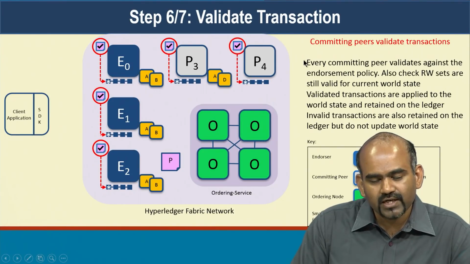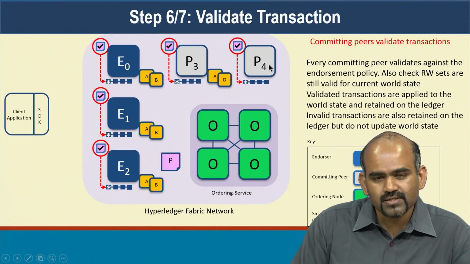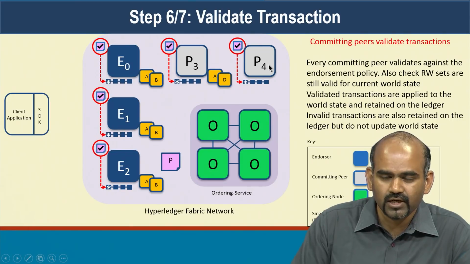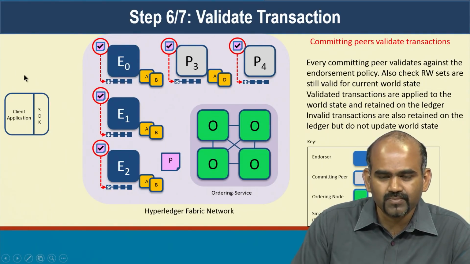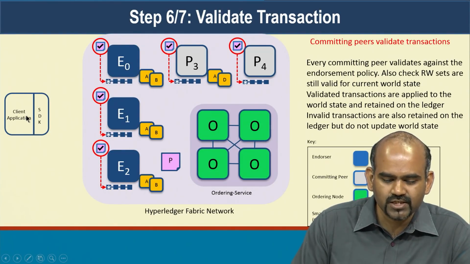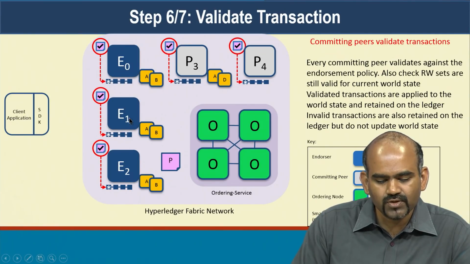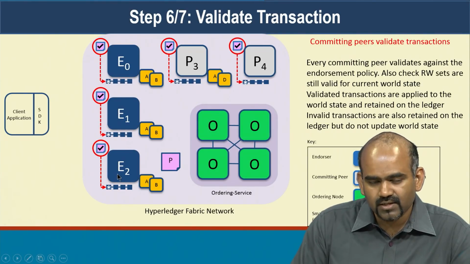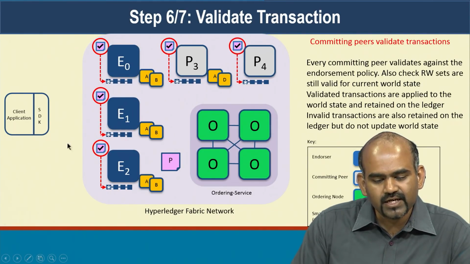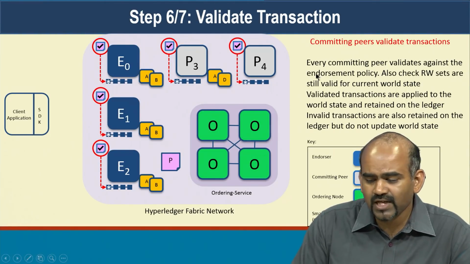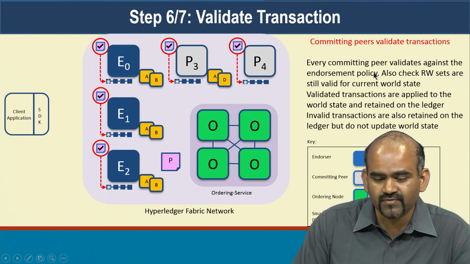One reason why it might be invalid is because a transaction has not got sufficient endorsement. So think of it as, let's say the client application, either by mistake or it was malicious, instead of getting endorsements from E0, E1 and E2, it only got endorsements from E0 and E1. E2 did not sign that transaction. In that case, in the validation step, when all the peers see that only E0 and E1 have signed it, E2 has not signed it, then they will reject this transaction, or they will mark that transaction as invalid. So that might be one reason why it's invalidated.